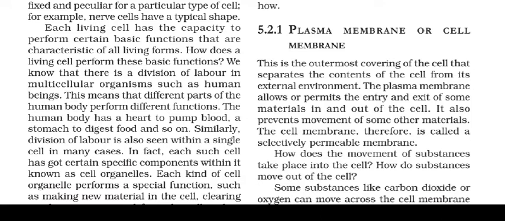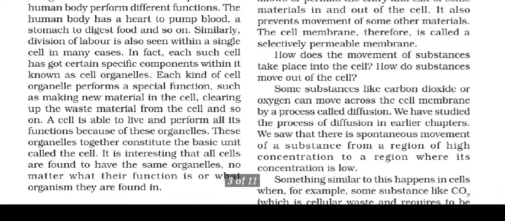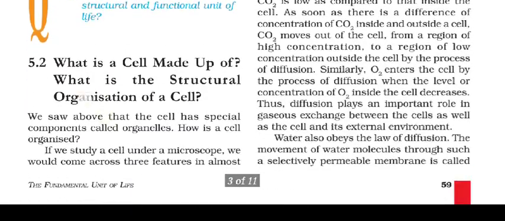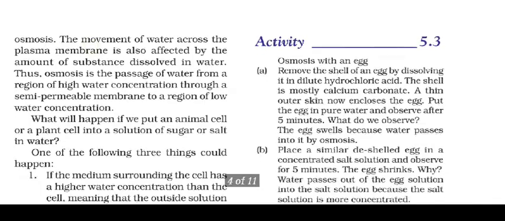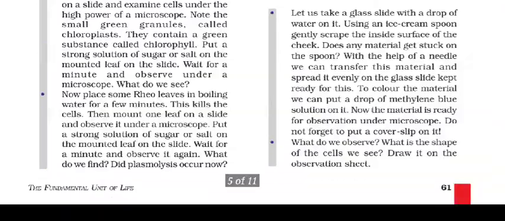The plasma membrane is a covering which protects the cell from any injury, and it guards the entry of any foreign particles into the cell. It is very important. Carbon dioxide and other substances can move across the cell membrane by a process called diffusion. Firstly, before starting the process of diffusion, we should know what the plasma membrane is and how it looks.